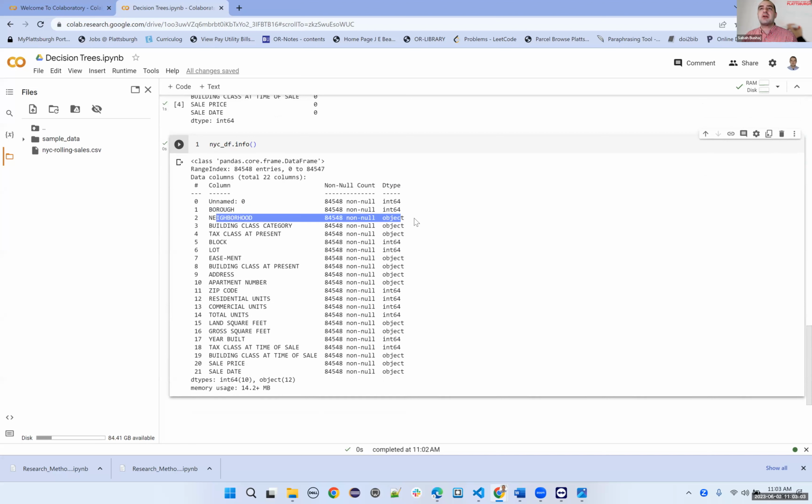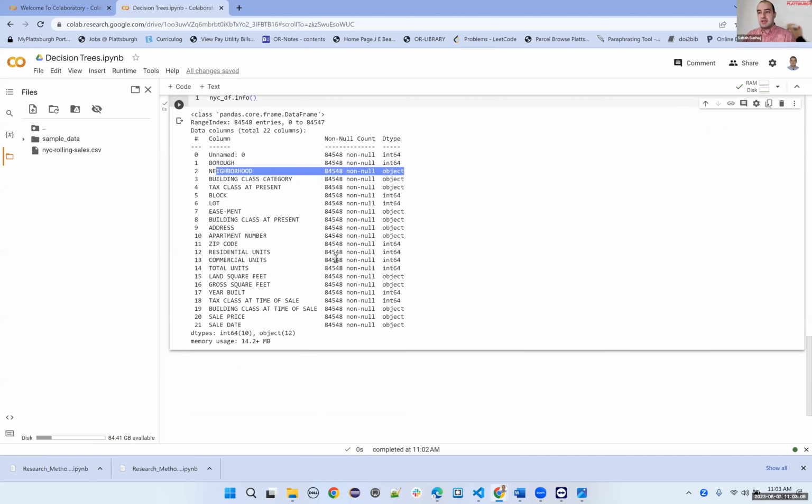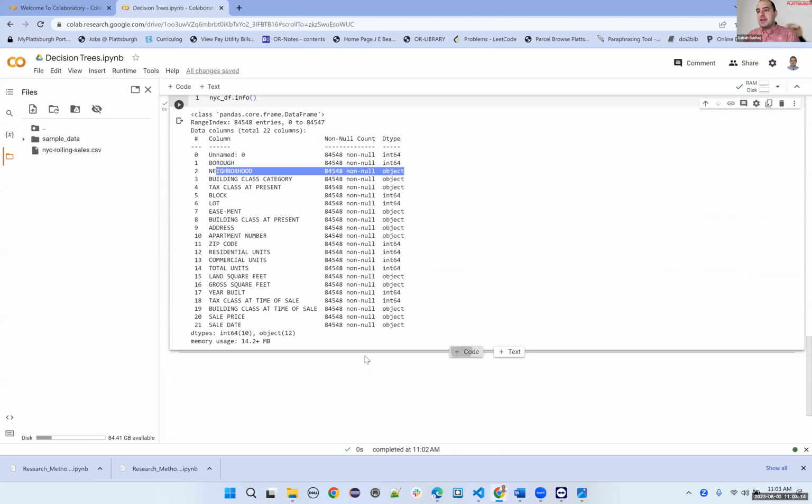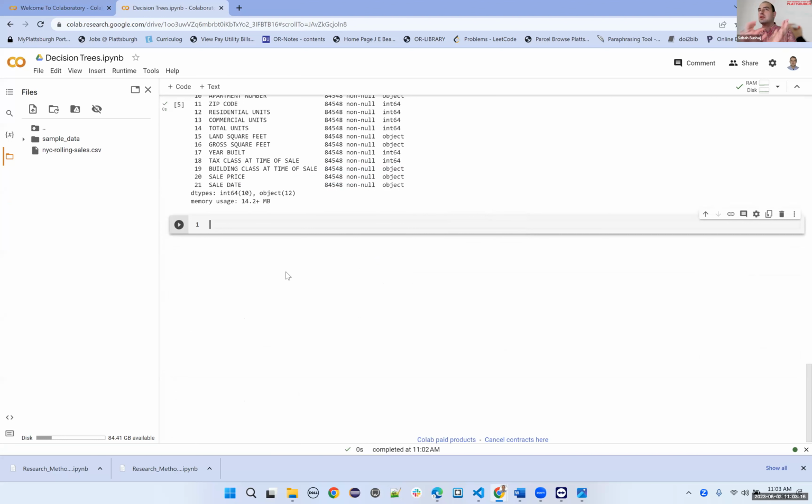But neighborhoods are categories, they are strings. I could convert them to string, basically to text, and so on. And we'll do some of that. So next, what I can do here is go into decision trees, but again, this is, let's say,